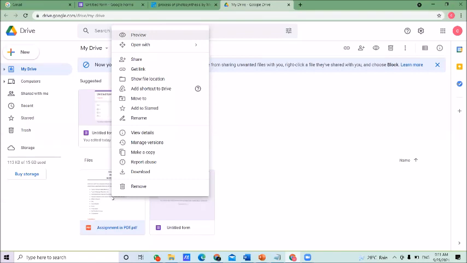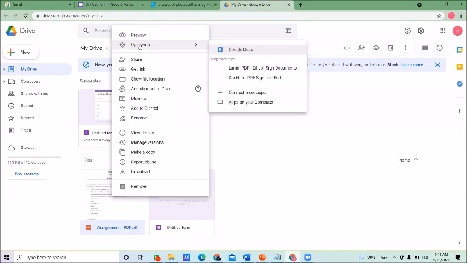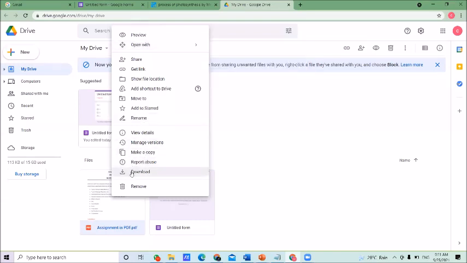Before you download or share it, if you want to see a preview, you can select the very first one, Preview. Then you can open it with any other tool. There are many options here. If you want to download this document to your computer, click Download. If you want to remove it, click Remove.